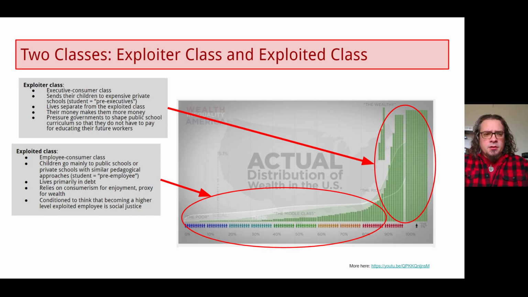Education, whether it's the private education or the public education, is primarily, not exclusively, but primarily aimed and shaped by economics, right? A class structure. So the executive class, the bosses, the owners, the ones with 80% of the wealth in the country, live a very separate life from the exploited. The people that they're exploiting, they live very separately from. Every single movement that they make, there's a space for them that's separate from the people that they're exploiting.